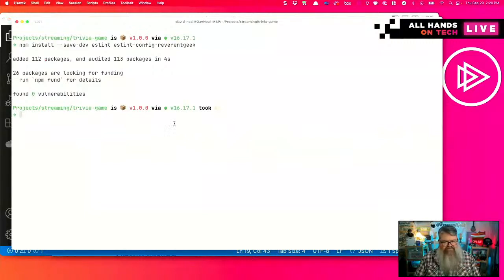And I know from using ESLint for years now that I need an ESLint config file. So .eslintrc.js, and I'm using the touch command to create that file. I could create that file inside Visual Studio Code as well, but I like to use the command line whenever possible.